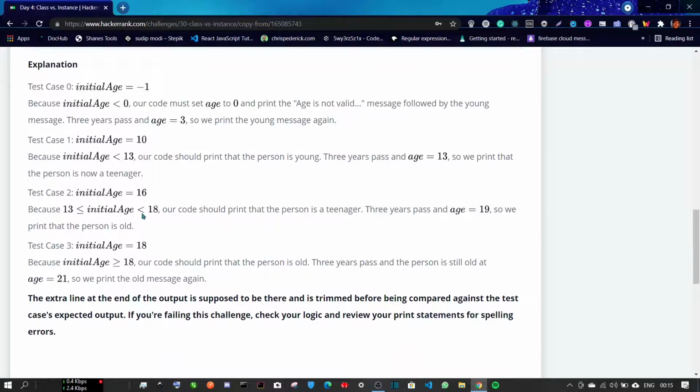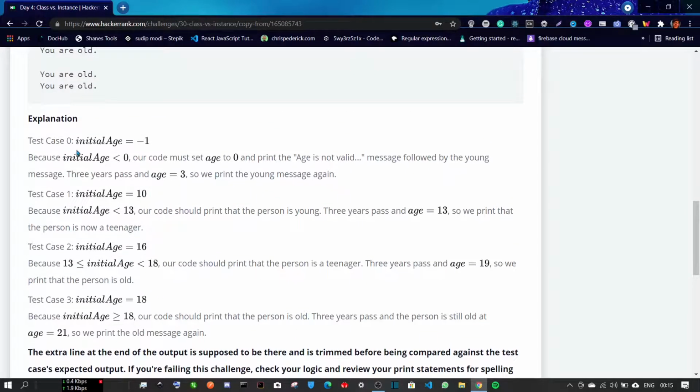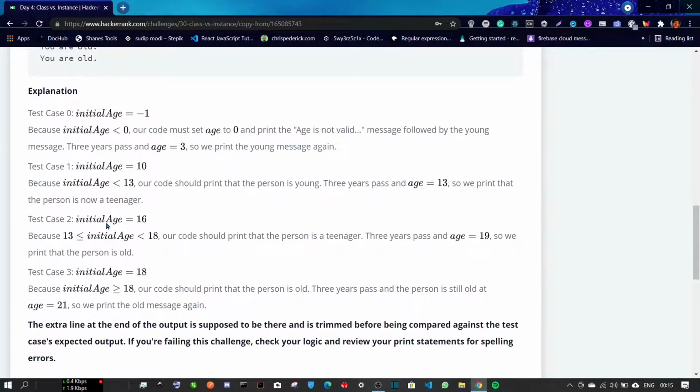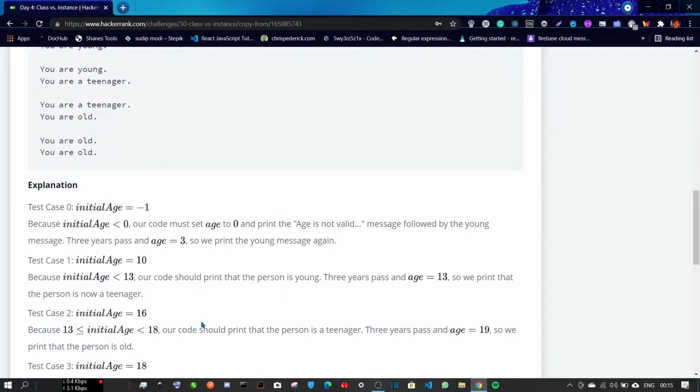And for test case number 2 here, which is basically the third test case, initial age is equal to 16, so 16 belongs to the 13 to 18 part, and so our code should print that the person is a teenager. After 3 years the age will be 19, and now the person is old, so we print you are old.